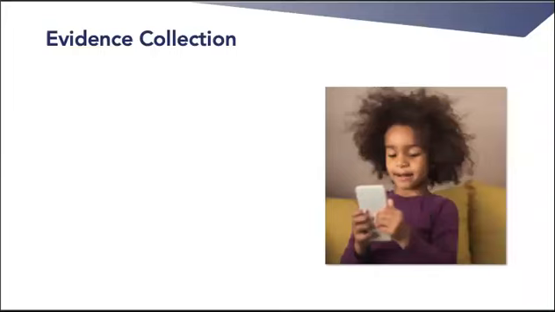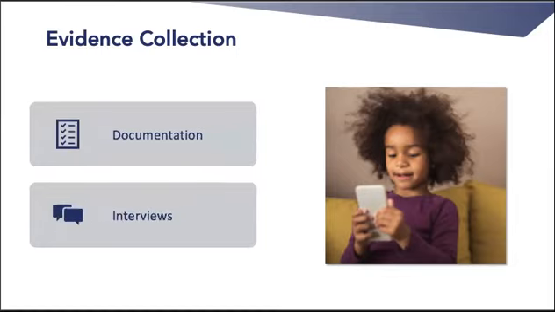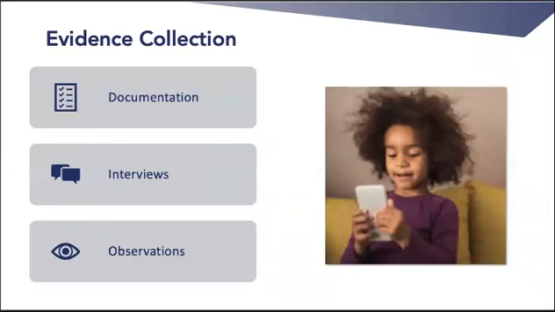In SCRI's approach to quality improvement, we collect evidence in 3 different ways. Documentation, which is the data and written collateral that support and inform the planning, implementation, and evaluation of your remote program. Interviews, which provide feedback from key stakeholders, including staff, youth, as well as families and caregivers. And finally, observation, or the opportunity to view staff engaging with youth during activities.